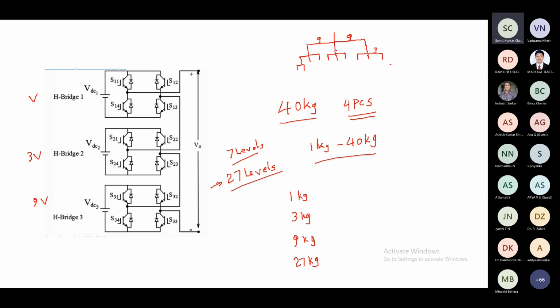But anyway, it's called an asymmetrical inverter. Though it looks attractive for generating very high power quality, it has another challenge that I'm personally working on. Actually, the challenge is that these two auxiliary sources, so this is 9V, the main source, and this 3V and V are the auxiliary sources. These two auxiliary sources handle a very small amount of power.